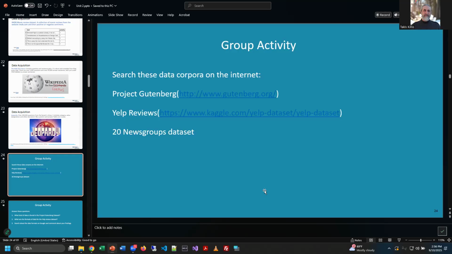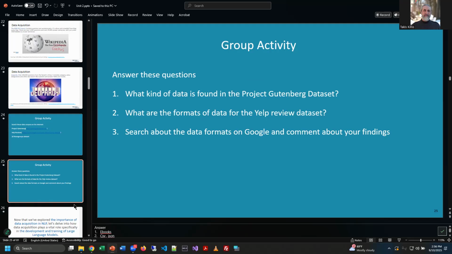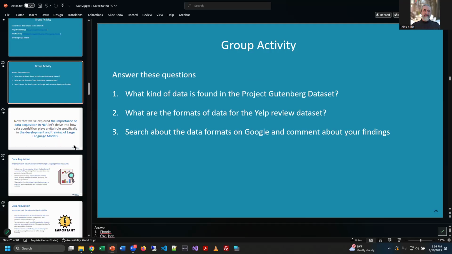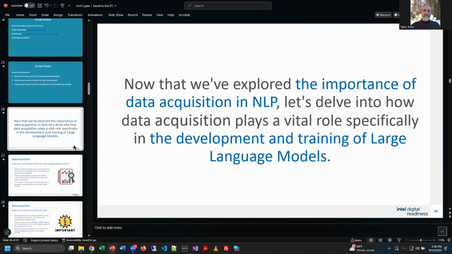Now, interestingly, the group activity that we see here has actually become our homework assignment, right? So your homework assignment will basically be to visit the 3 data sets. I do provide a link for this one in the unit folder, by the way. And then you go through the process of looking at the data, looking at its format and why it might be valuable. So that's in essence our assignment for the week, folks.